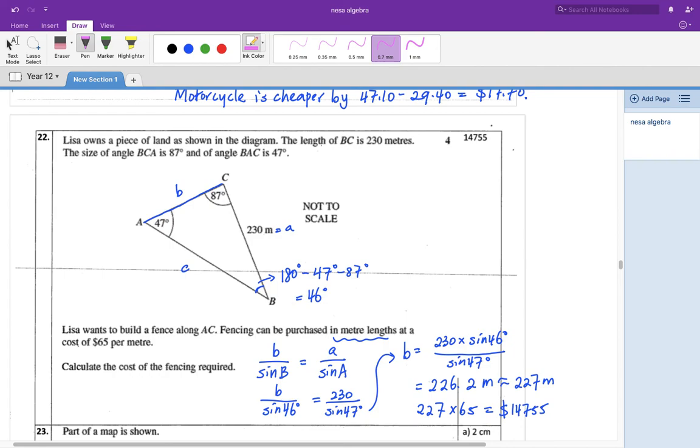Question 22. I just labeled everything. I'm trying to find side B here, but I don't know how much angle B is. But you know the other two angles. So by the angle sum of a triangle, angle B is 46 degrees. And then you form a sine rule. B is equal to